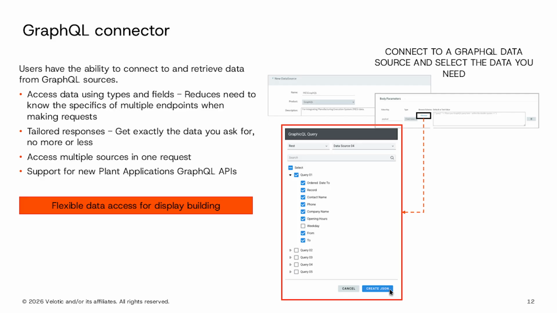And there was really no easy way to combine sources, to format your data, to reorganize how it's presented. Now with this GraphQL connector, it is based on GraphQL sources, which have this ability to